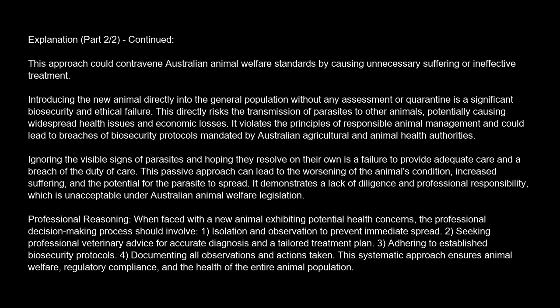Introducing the new animal directly into the general population without any assessment or quarantine is a significant biosecurity and ethical failure. This directly risks the transmission of parasites to other animals, potentially causing widespread health issues and economic losses. It violates the principles of responsible animal management and could lead to breaches of biosecurity protocols mandated by Australian agricultural and animal health authorities. Ignoring the visible signs of parasites and hoping they resolve on their own is a failure